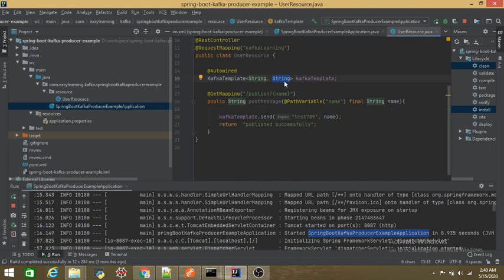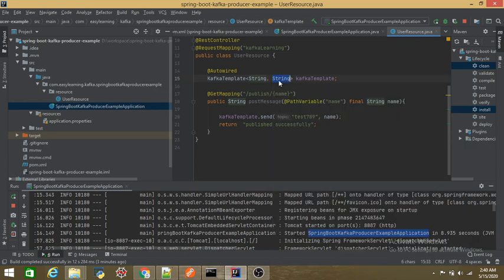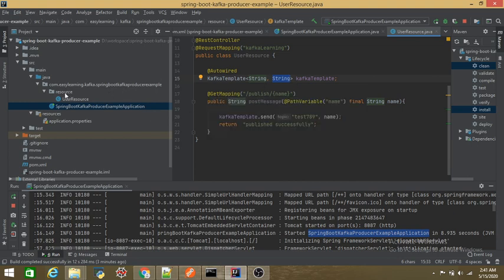As I said, KafkaTemplate accepts strings by default, so in the string message world we do not have to handle the serialization part. Whereas for JSON messages we do need to serialize, and we will see that using the producer factory configuration in the same example which I am showing now.